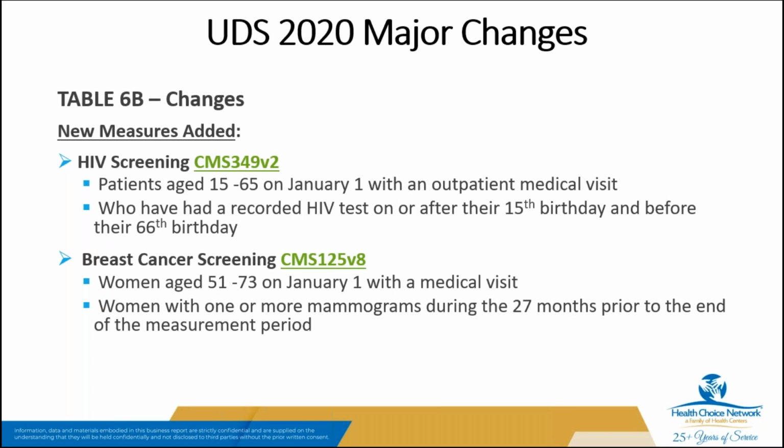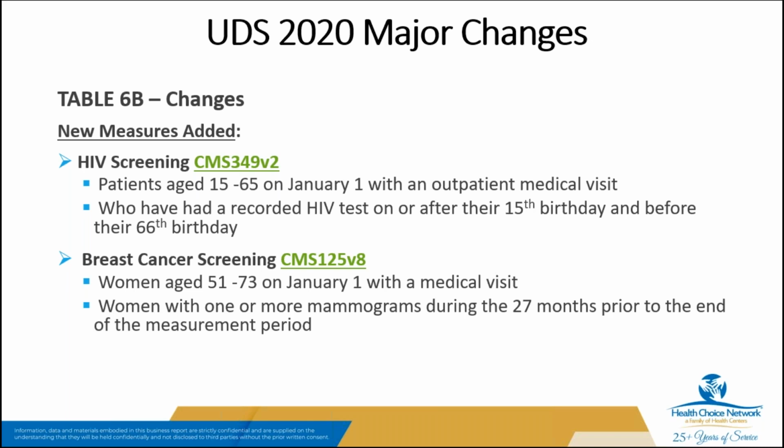So the next set of measures are newly added to the UDS. Again, following this whole trend of looking at HIV more closely, the first one that was added is the measure for HIV screening. And this is CMS 349 version 2. You'll note that I have put in the hyperlink. If you press on that hyperlink, it will take you straight to the ECQM page that gives you more details